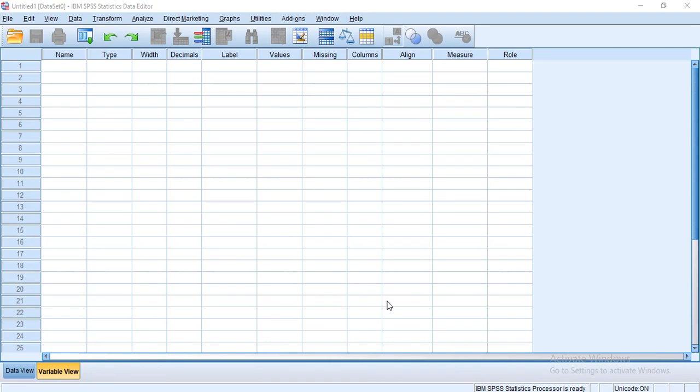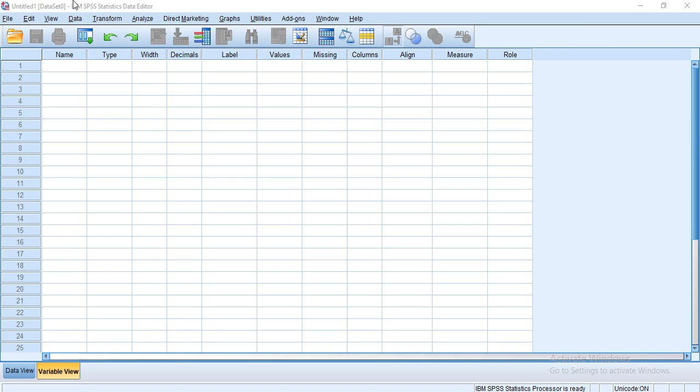Basics of SPSS only in 10 minutes. Whenever you open SPSS, it is going to ask you two things. One is whether to open an existing SPSS data set or to open a new data file. When you have already prepared some SPSS data set, you will open the existing SPSS file. But when you haven't prepared any data set till now, you will open a new data set.